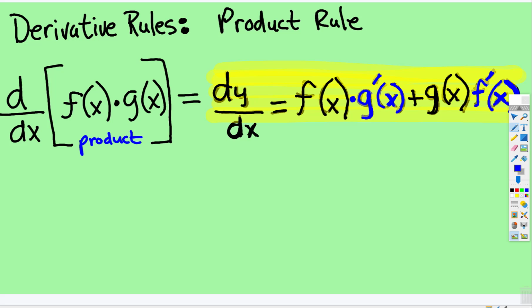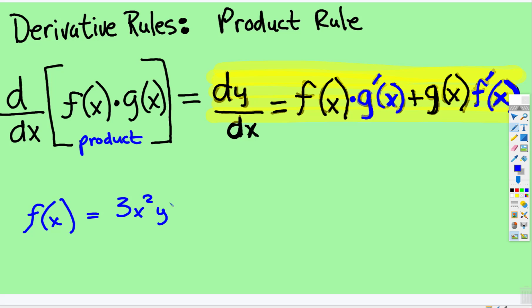Okay, so this one you might need to really pay attention. So derivative rules, the product rule. That is when you have two separate functions being multiplied. So for example, if you have f of x is equal to